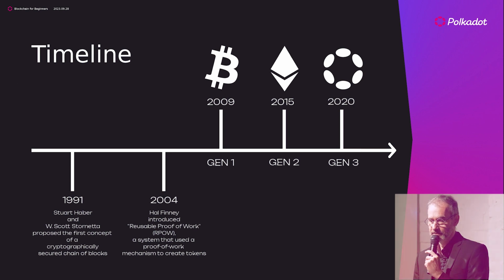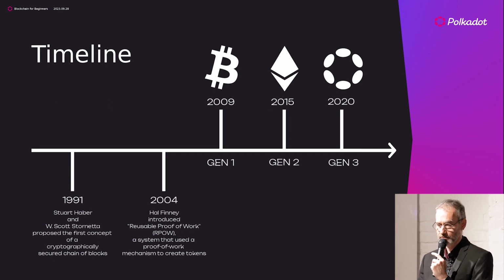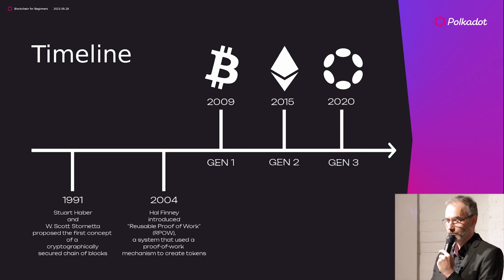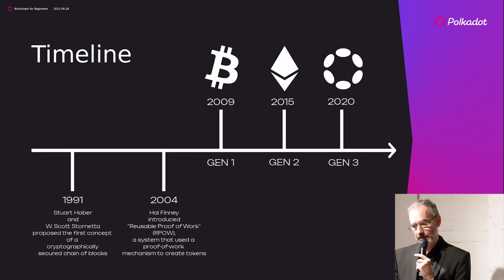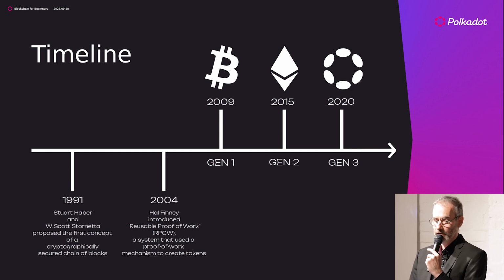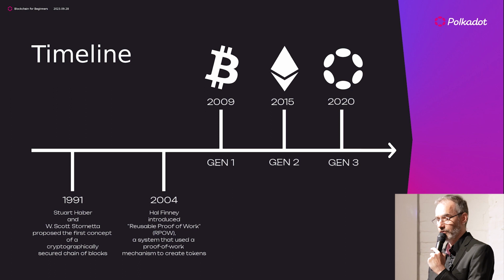We see that blockchain started very, very early, already in the 90s. So with Stuart Haber, he already released a scientific paper where he made an approach to chain blocks of data together cryptographically. In 2004, basically one of the last milestones was reached in the sense of how to release tokens for cryptocurrency and also how to find consensus in a decentralized network, the proof of work in 2004.